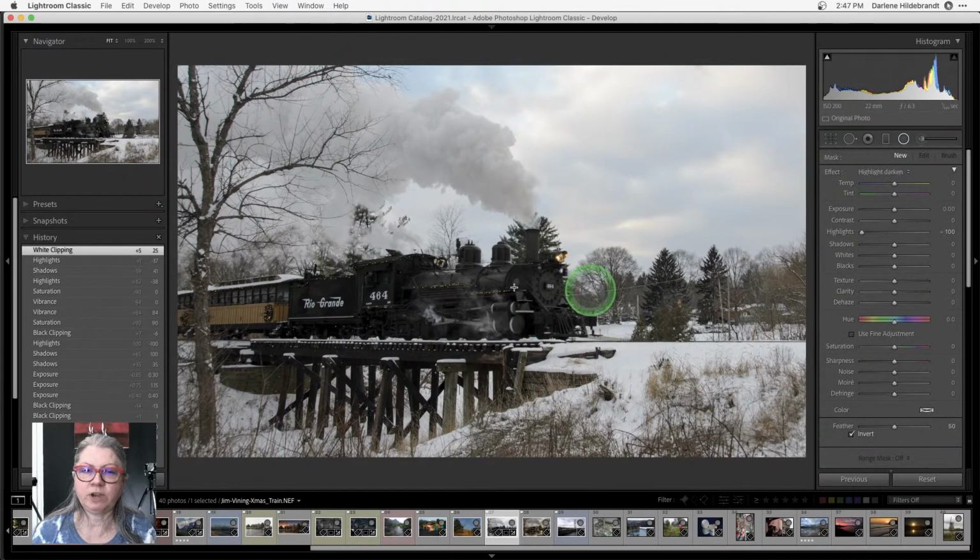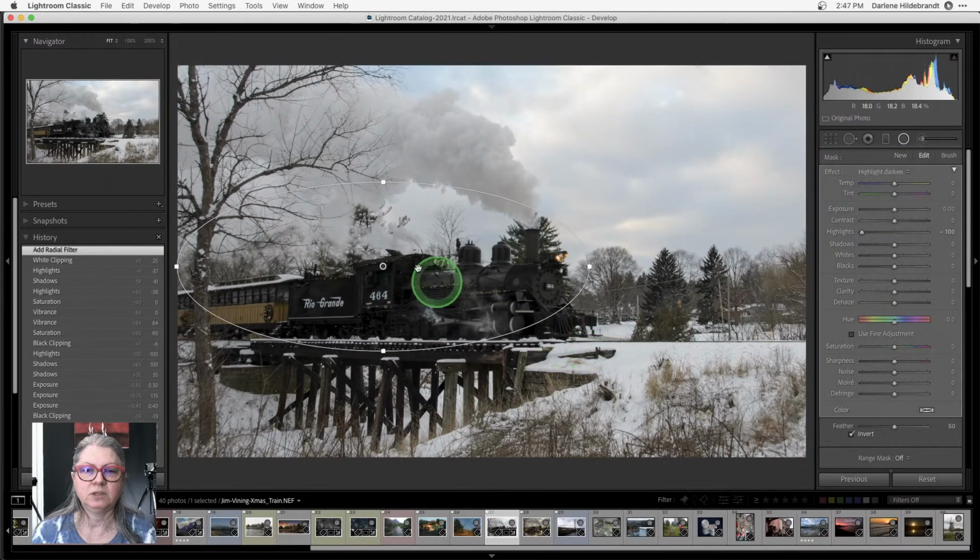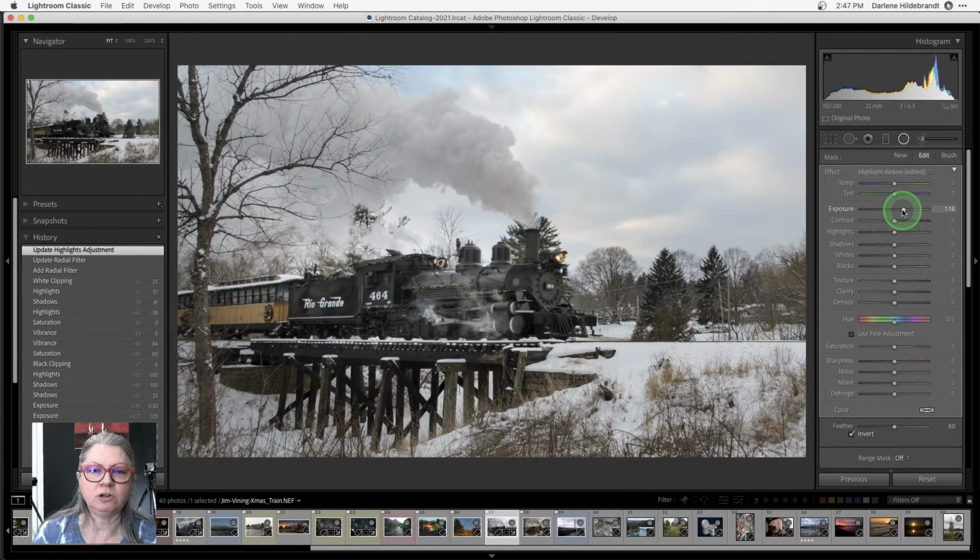Now I'm going to use that radial filter again. The keyboard shortcut is Shift M. And I'm going to reset, double click effect. Now I'm going to use exposure. You can see that the exposure affects the terrain versus shadows, which tends to flatten things out and get more grain. So I'm going to use a combination of both, a little bit of exposure and a little bit of shadows, just like that.